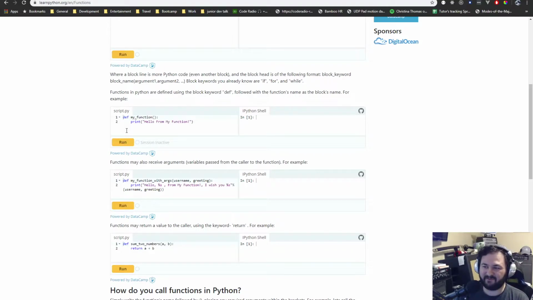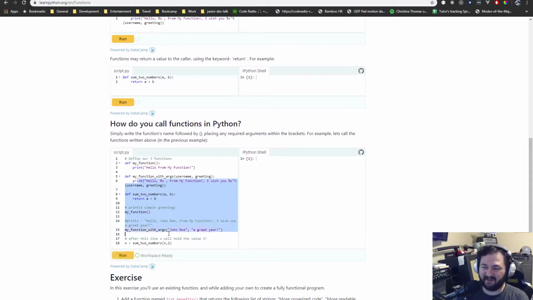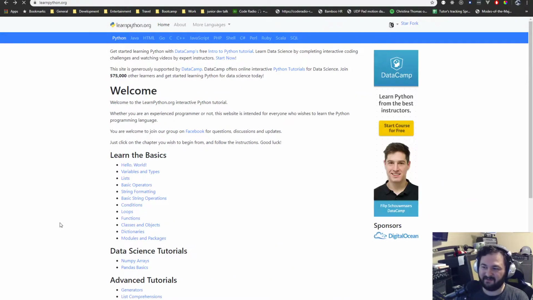Even JavaScript, same thing. Any language, once you're familiar with the absolute beginner basics of something, trying to learn a new language by going through a tutorial like this and learning the syntax is maybe the most boring thing that I could think of to do.